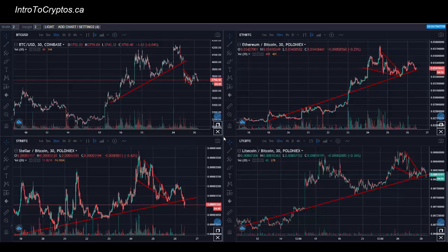So instead of selling all of your alts at these tops like this, one strategy is to do a hedge, where you would go over to BitMEX and you would use a percentage of your account opposite to your main hold. So all of us, our main hold is long, right? We're buying these things low, we want to sell high. To hedge that, we would take on, say I got $20,000 worth